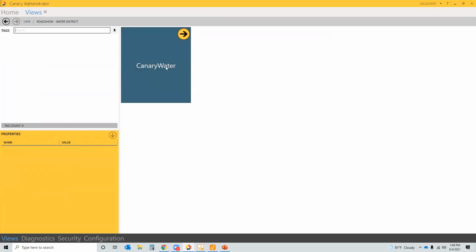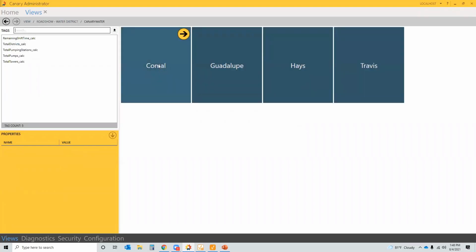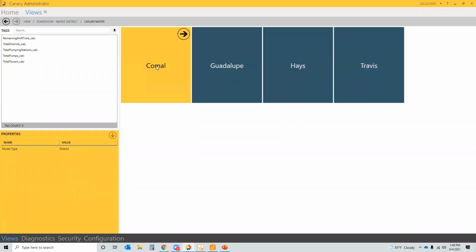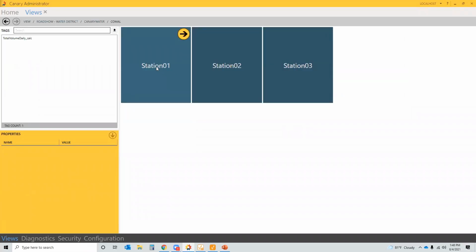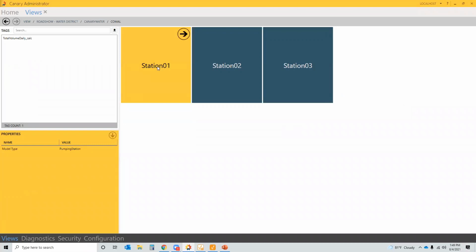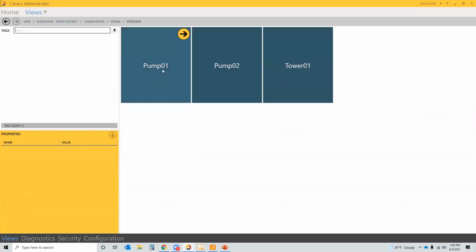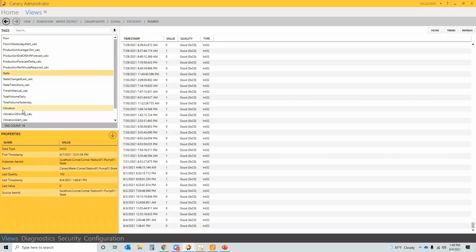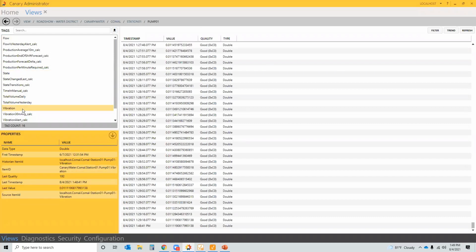It gives us a business name called Canary Water. It brings each of those 4 sections in as water districts. And then it presents the data with a level of station number first, then the pumps and the towers associated with those stations, and then some very common tag names inside of that. Once that work was done,